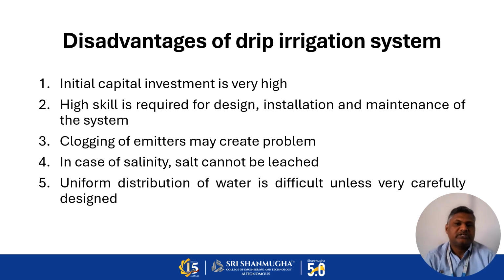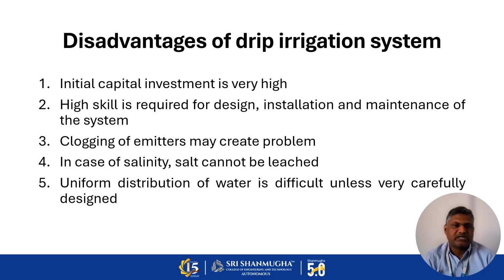Though the initial capital investment cost is very high, our farmers are marginal and small farmers, and they may not have the amount for investment of this initial cost, so our government is providing a subsidy also. About 90% subsidy is provided by the government through the agriculture engineering department as well as the horticulture department. So farmers nowadays are familiar with the installation of the drip irrigation system,